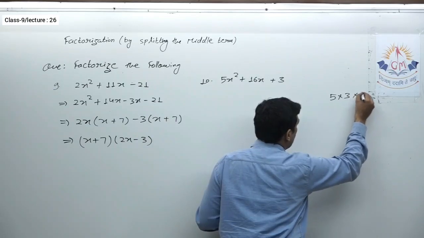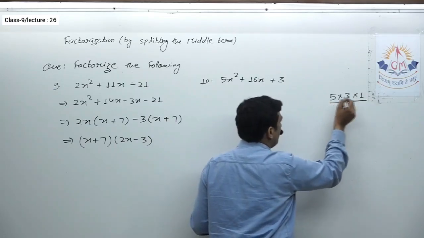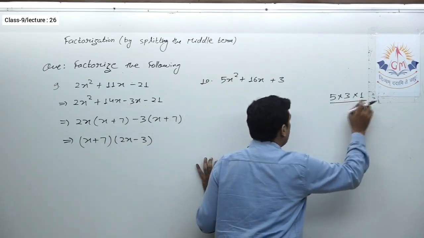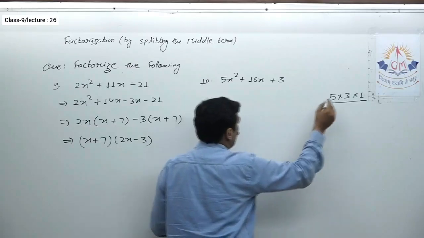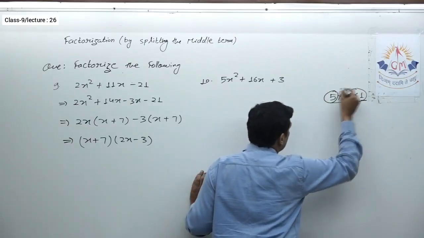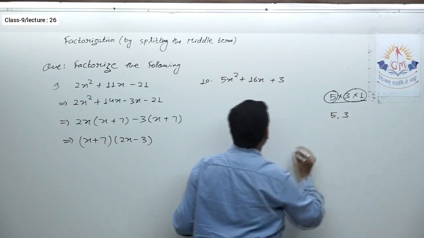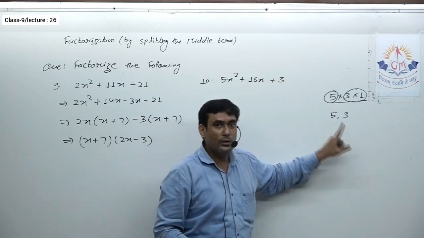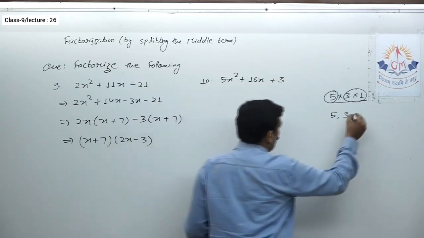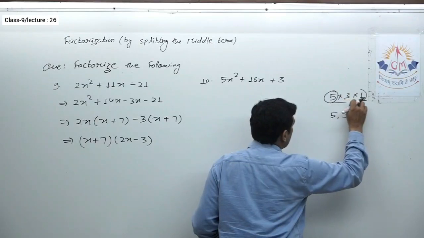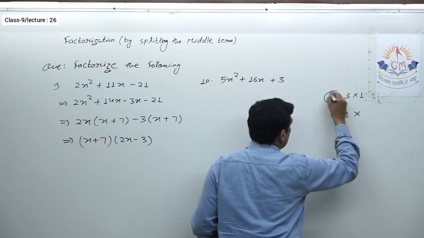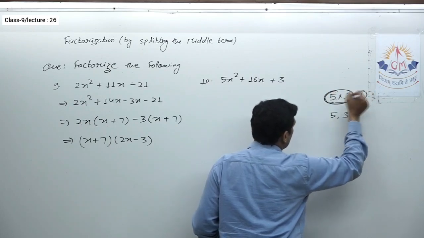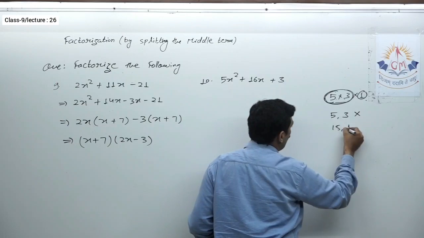So I can say over here actually these are the factors, isn't it? 5, 3 and 1, and whenever you get fewer factors it is very easy to find the combination. So now let us take this in the first group and these two in the second group. So 5 comma 3. But obviously, neither their sum nor their difference is going to give you 16. So this is an incorrect combination. Now only one combination is left, that I take these two in one group and this in another group, that is 15 and 1.